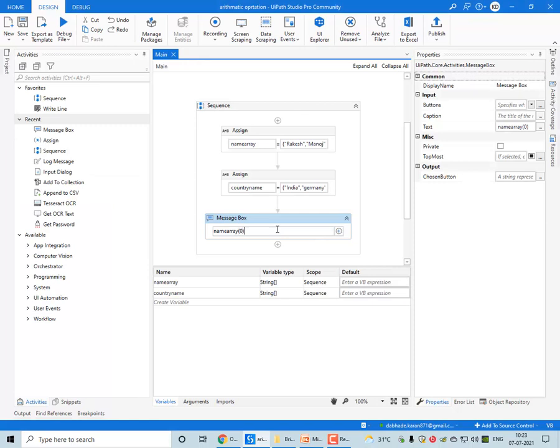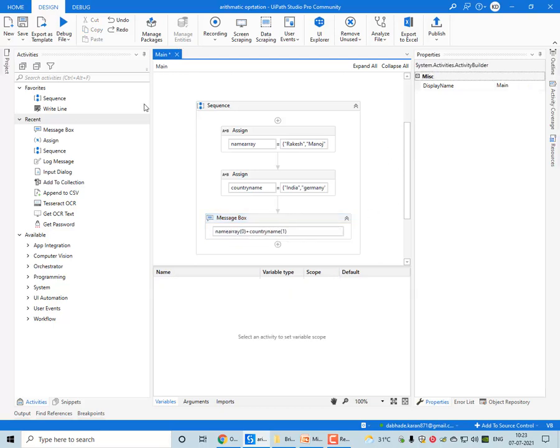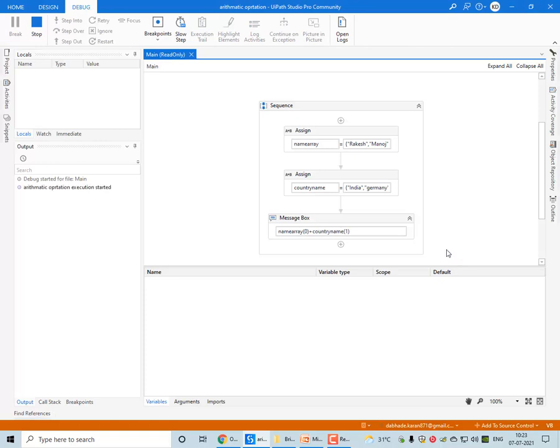Now suppose I want to merge this with the country name. For example, country name 1. So let me show you, Rakesh Germany.